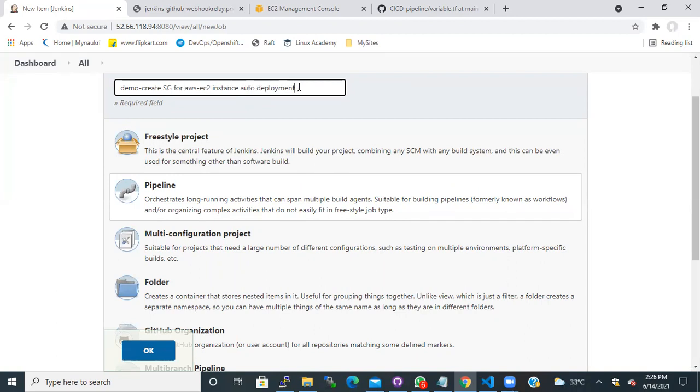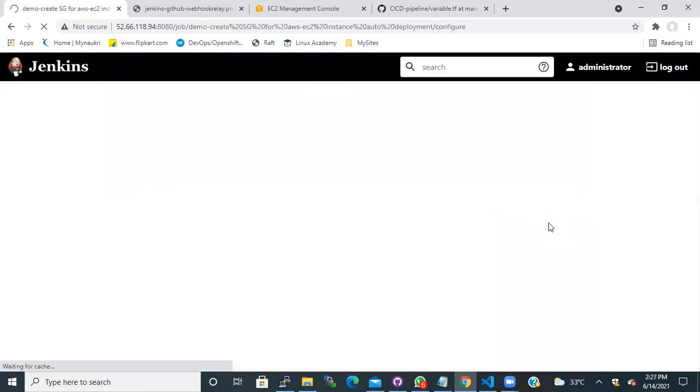We are not going to do any manual changes or any manual builds or any manual approvals. As and when the code has a different version or as and when the code commits happen, this gets deployed. Okay, so I'll click OK.